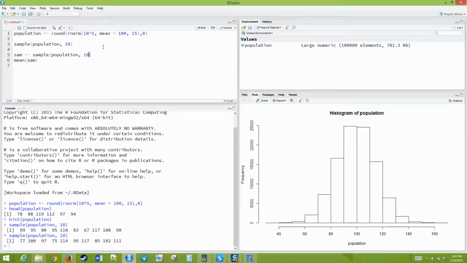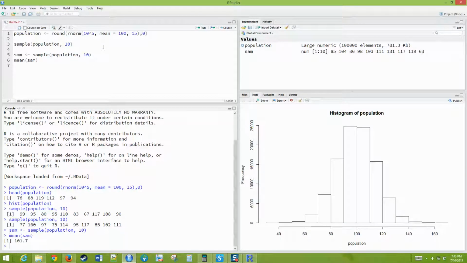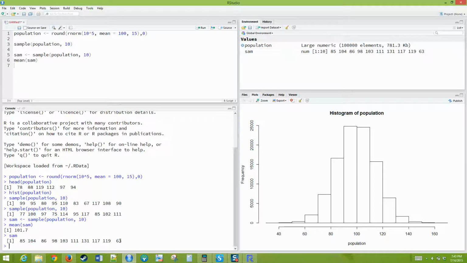Okay, so if I run this, it doesn't look like I've done anything, but indeed there are 10 things, and we can look at the 10 numbers in SAM. If I averaged all 10 of these numbers, I would get 101.7. But I want to do this many, many times. So let's say I want to do this 10,000 times, I'm going to build a loop. Within the loop, I'm going to do the same thing, draw a sample, calculate the mean of the sample, and store that mean. So I'm going to create a vector called sample means,